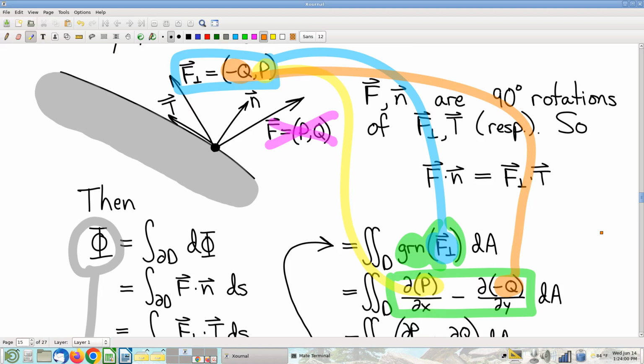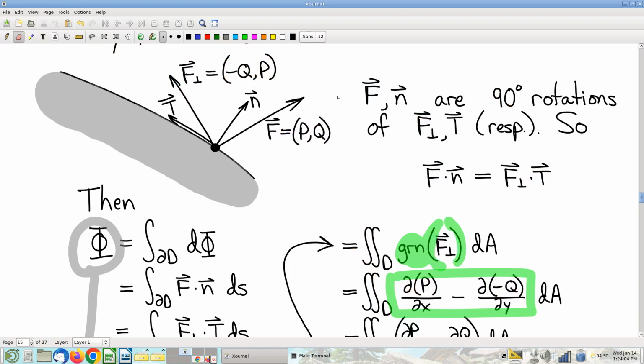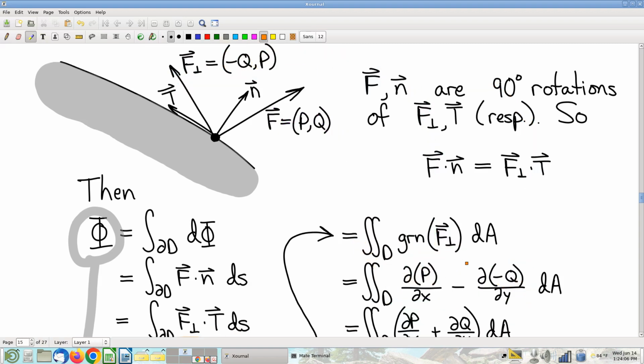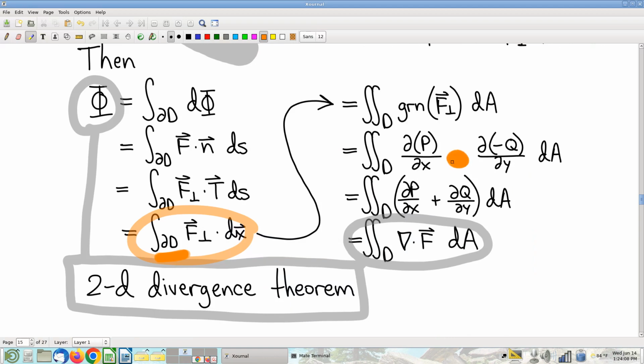Right? Thus giving us this result. And now it's just a matter of simplifying, and these minus signs cancel. That's convenient. And what we end up with is this little thing right here, which we recognize. Oh my gosh, that's exactly the formula for divergence that we wrote down back in chapter 3 a long time ago. And so what we have all together, grand total, is that boundary flux